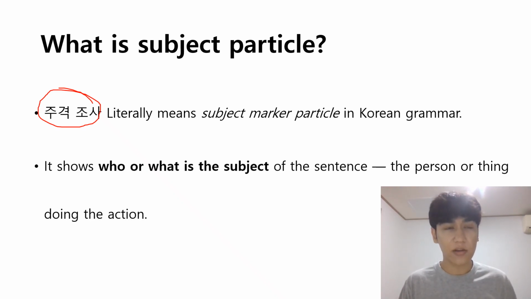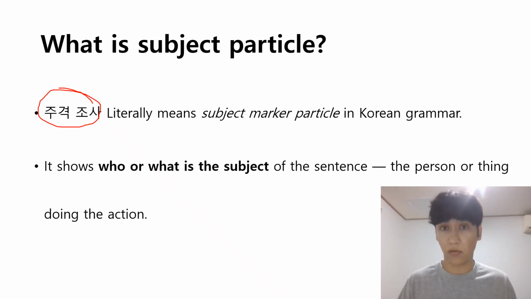If we compare Korean grammar with English, in English the word order is very important, and word order determines the subject. Whatever comes first, at the beginning of the sentence, that's the subject, right? But in Korean, as I told in my previous videos, the subject can be at the beginning of the sentence, in the middle, or at the end of the sentence. It doesn't matter because